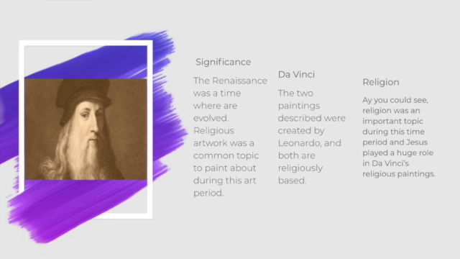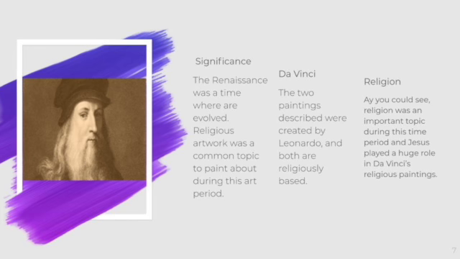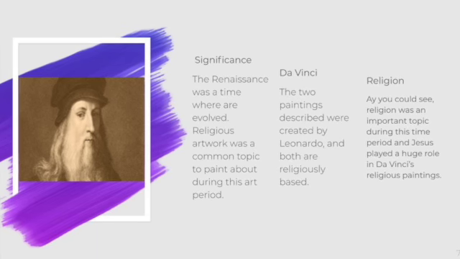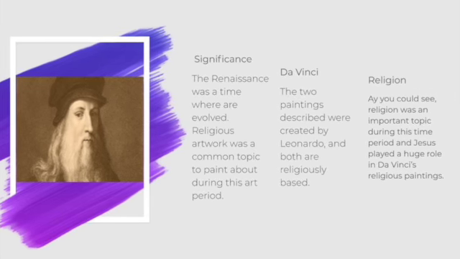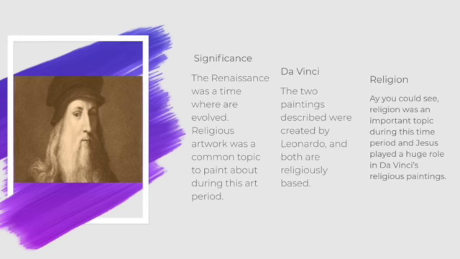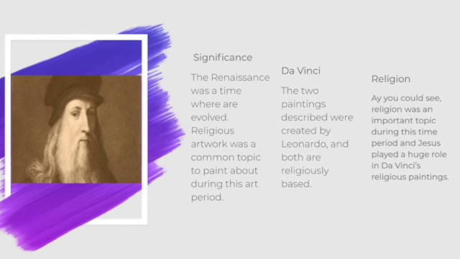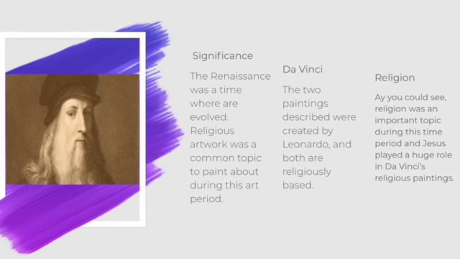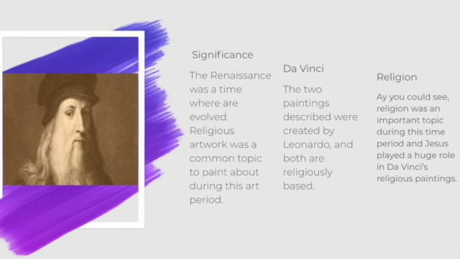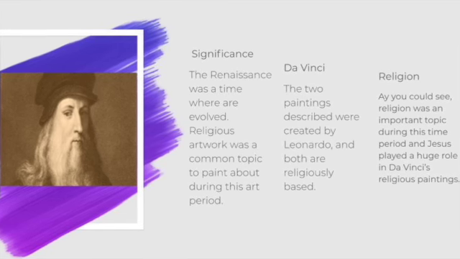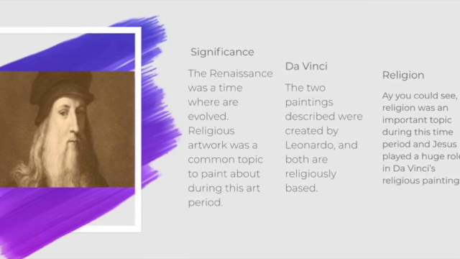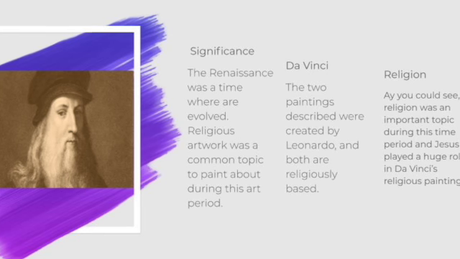This religious artwork was very important because it took place during the Renaissance period, which was a time when artwork was mostly based on religion and everyday lives. We also got to see how Leonardo da Vinci depicted Jesus and how realistic his artwork was. We also got to see how Jesus was the main centerpiece for most of his religious artwork. We also got to see how realistic Da Vinci tried to make his paintings by giving his characters real facial features and realistic looking clothes, as well as adding colors that made the backgrounds look very realistic and brought life